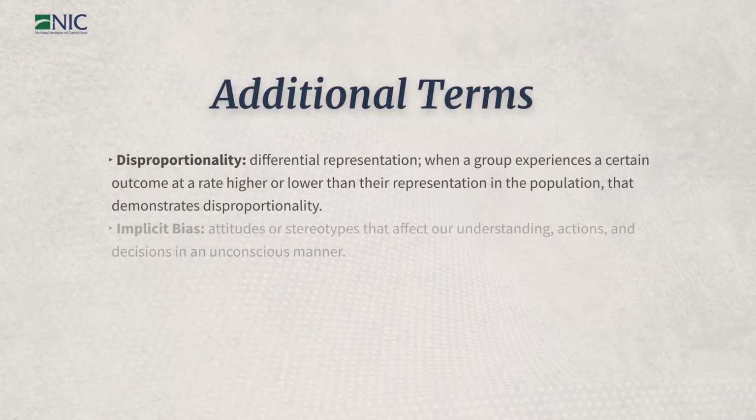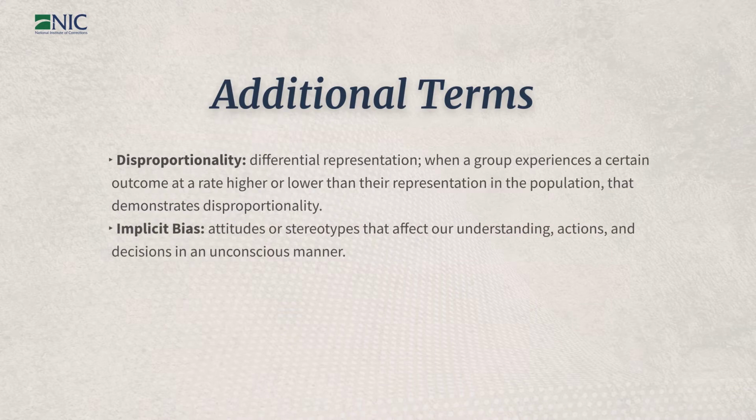Let me add some additional terms. Implicit bias, I want us to remember that term, think about that term. And that just deals with those attitudes and stereotypes that affect our understanding, affect our reactions to people groups. And it's important to look at bias and the possible impact of bias in individuals within our systems, but as a system as a whole. Are there systemic biases built into what we do? So implicit bias is an important term to remember.